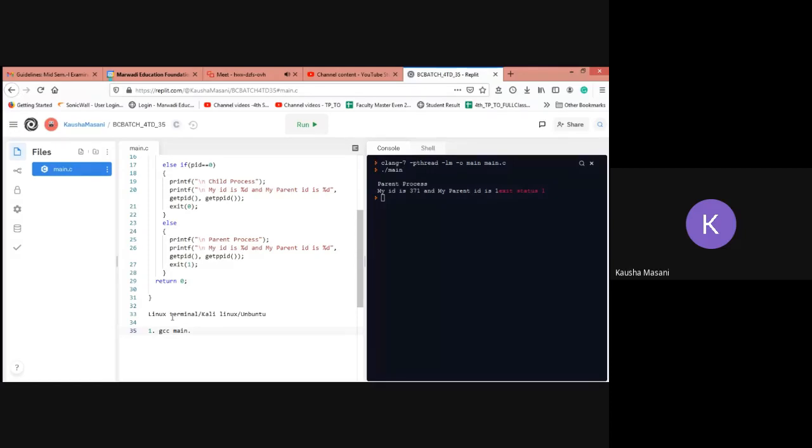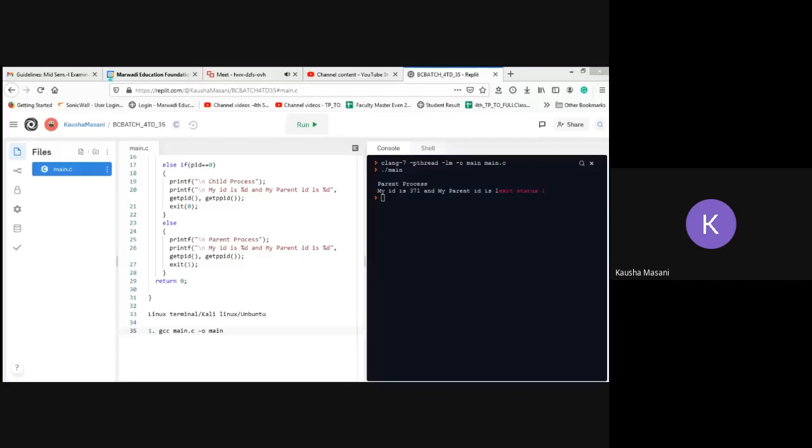Then -o, and again your practical name without any file extension. I'm repeating it again.